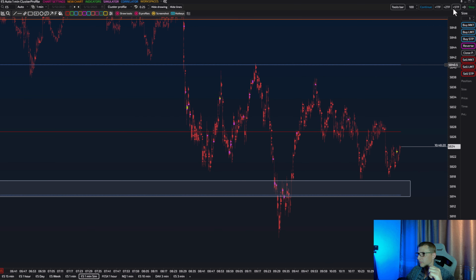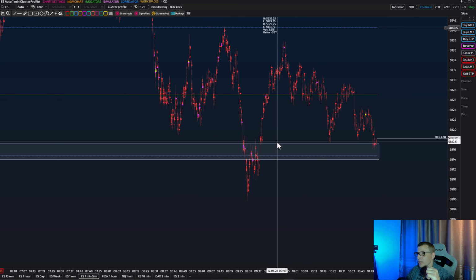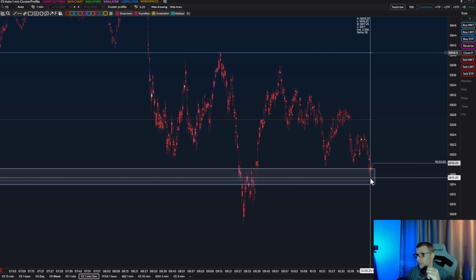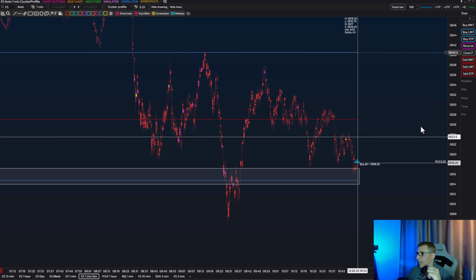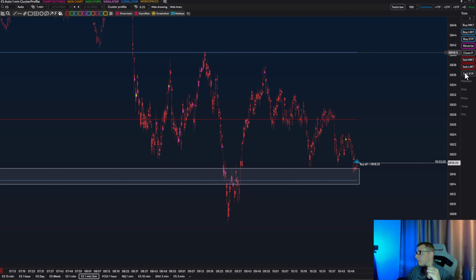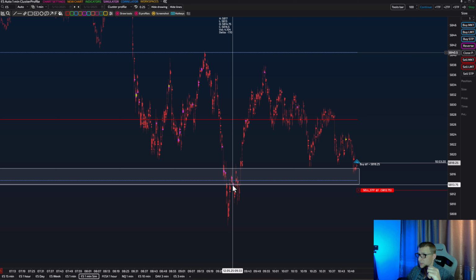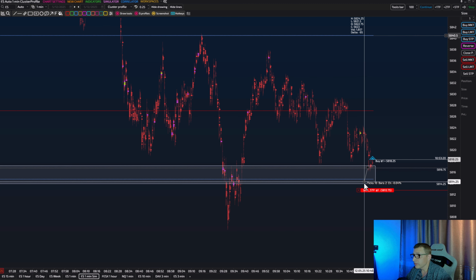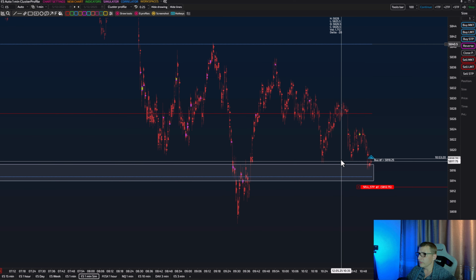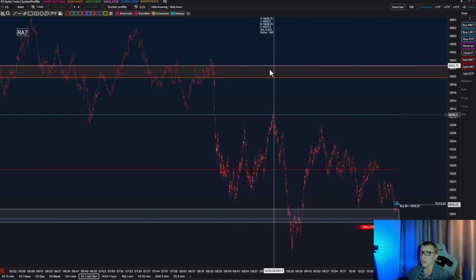Too early? Yes. And now this is a good time. This is a good opportunity to take a buy right here. To take a buy, and this is exactly what I am going to do. I'm buying. And I'm putting my stop just below these volumes. My stop is about, let me tell you exactly, 12 ticks. And my target is this zone.